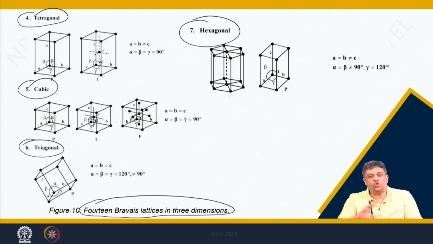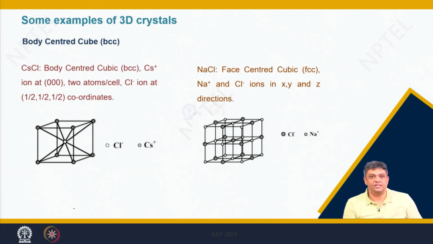Generally, with so many combinations you might have an idea that there would be infinite combinations available to us. No, if you have to follow the symmetry rules, then there are only 14 combinations which become available to us in 3 dimensions also. So, it is not an infinite number of combinations. Even in a 3 dimensional structure you have only 14 Bravais lattices. So, you can then see certain examples.